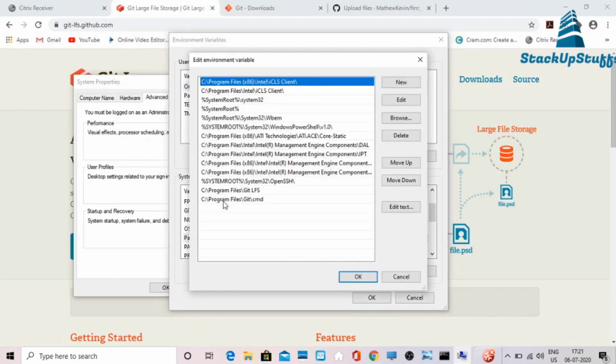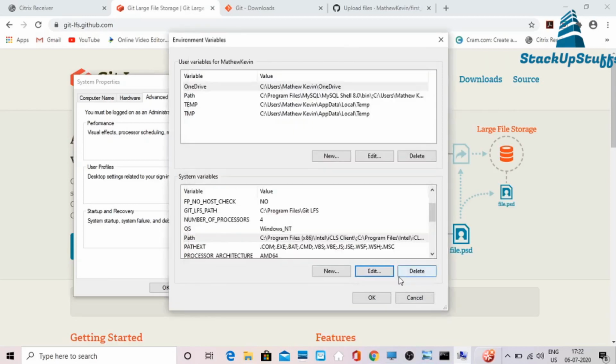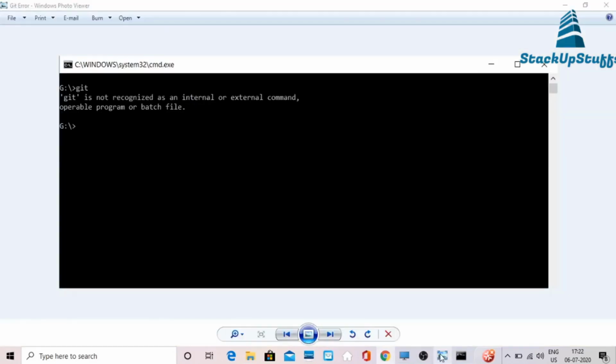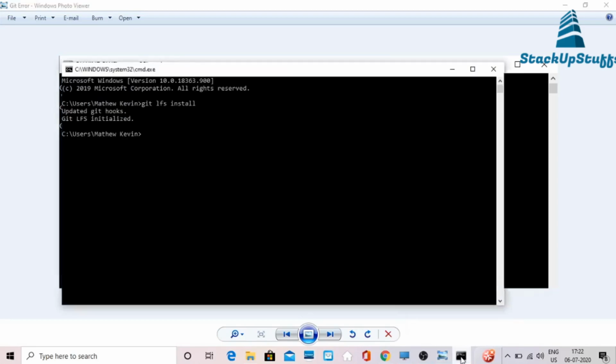As you can see here, this is the path where my LFS is located. If you don't see this path, you can add it manually by clicking on new, then just enter the path here and click OK. After that, you won't be getting this error. So now let's get back.